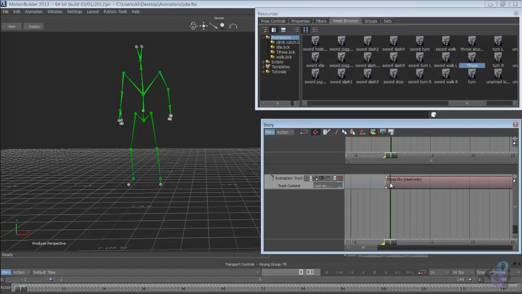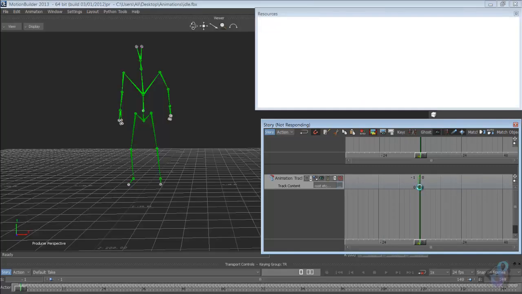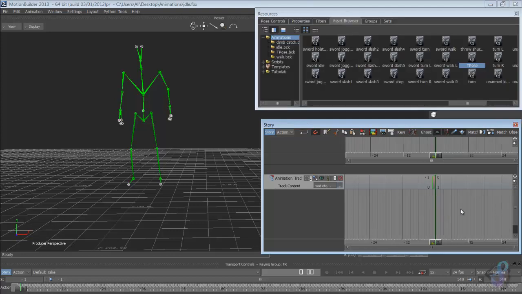I don't want it to be that long, but first I'll snap it to -1. Then I zoom back. And I move this guy to 0. Okay? So what I had done is made a clip from -1 to 0. Okay? And I'm currently on 0 frame,